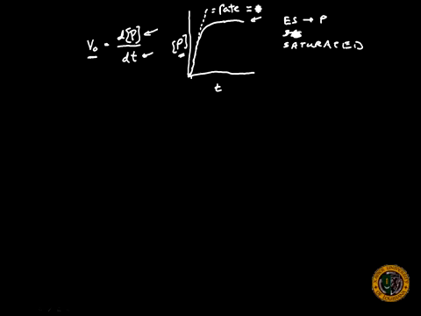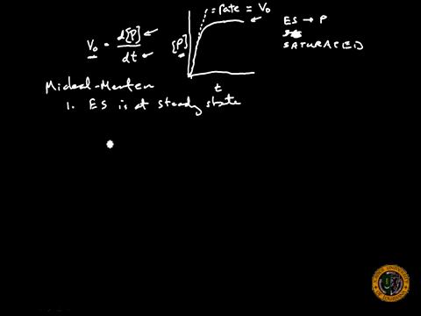This rate is equivalent to V0 if we apply the Michaelis Menton assumptions. And the number one assumption is that the ES complex is at steady state, that the change in the concentration of our ES complex per unit time is equal to 0. Another assumption is that